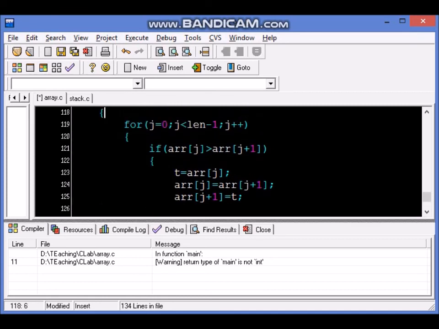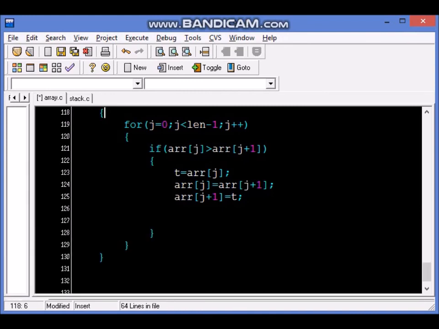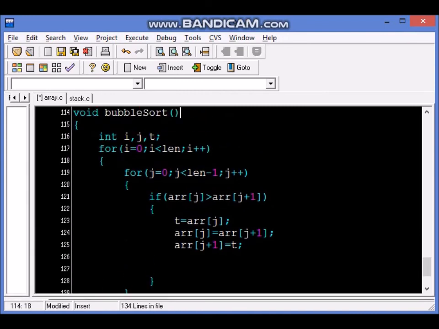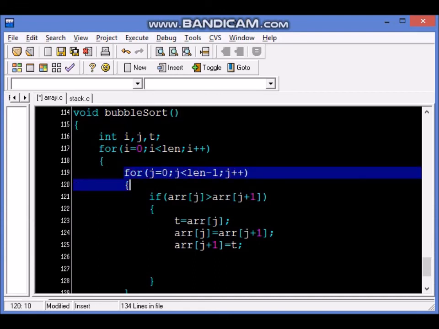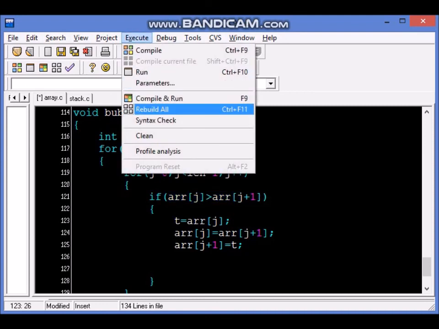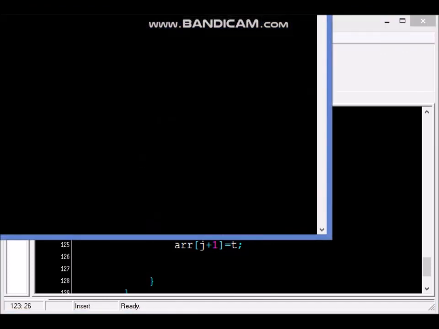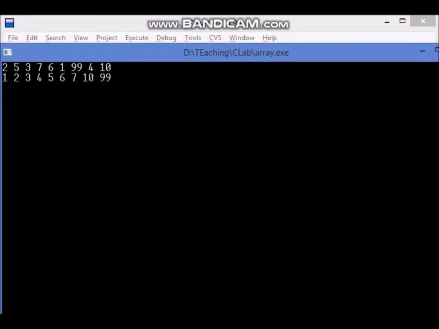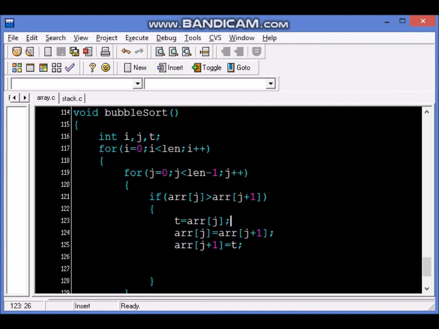And normally students prefer to do this in the lab if it comes. They find it very easy to do a bubble sort code and easy to memorize. But if you have really understood the code's flow, there is no real need to memorize. If you notice, the inner loop is j and the if condition is based on the inner loop j and j plus 1. So we'll just compile it since we did some editing. And we can see the array has been sorted and the numbers are in order now. Thank you. In the next class, we will go further on this path.